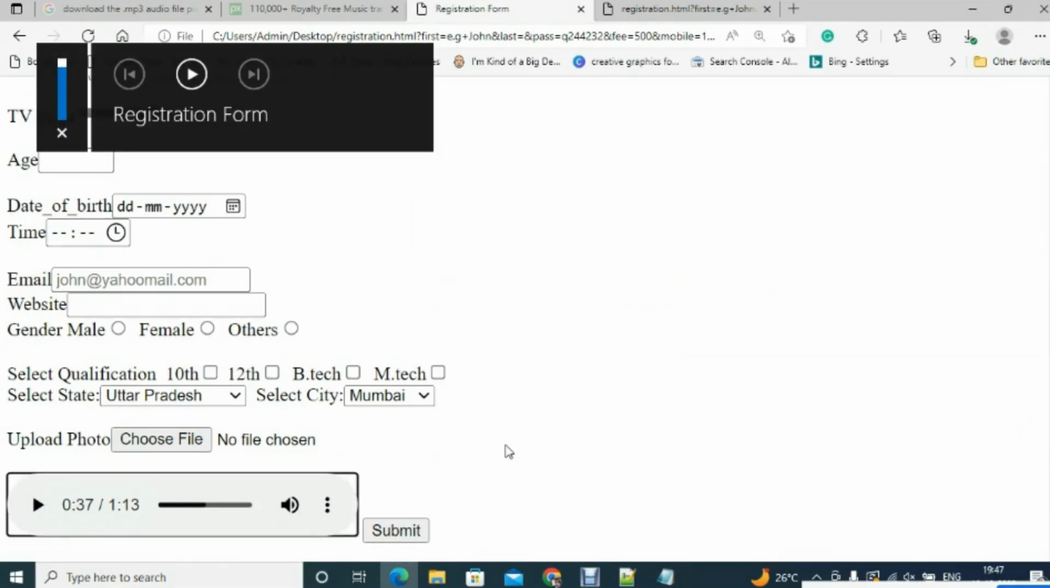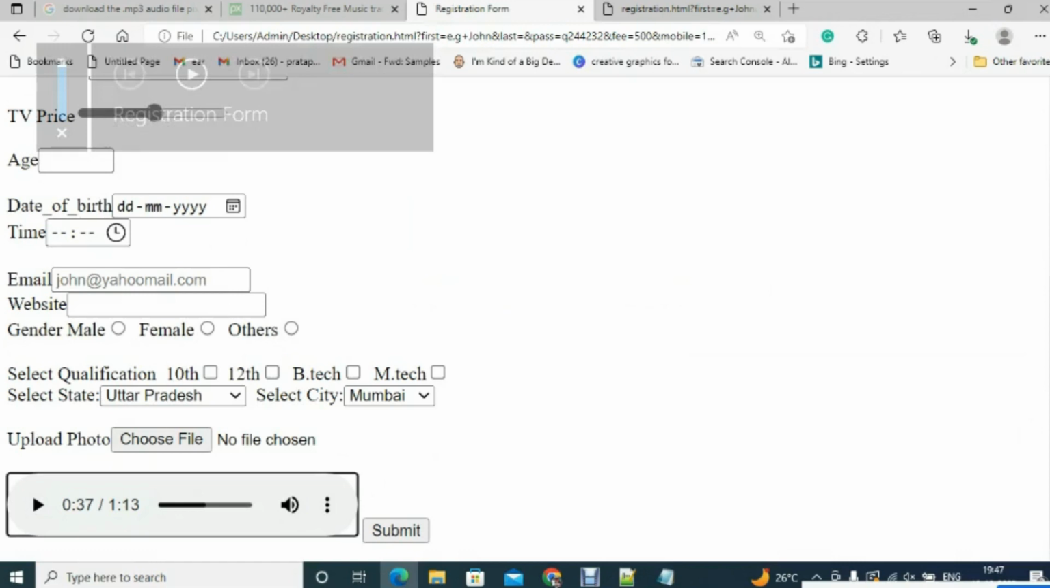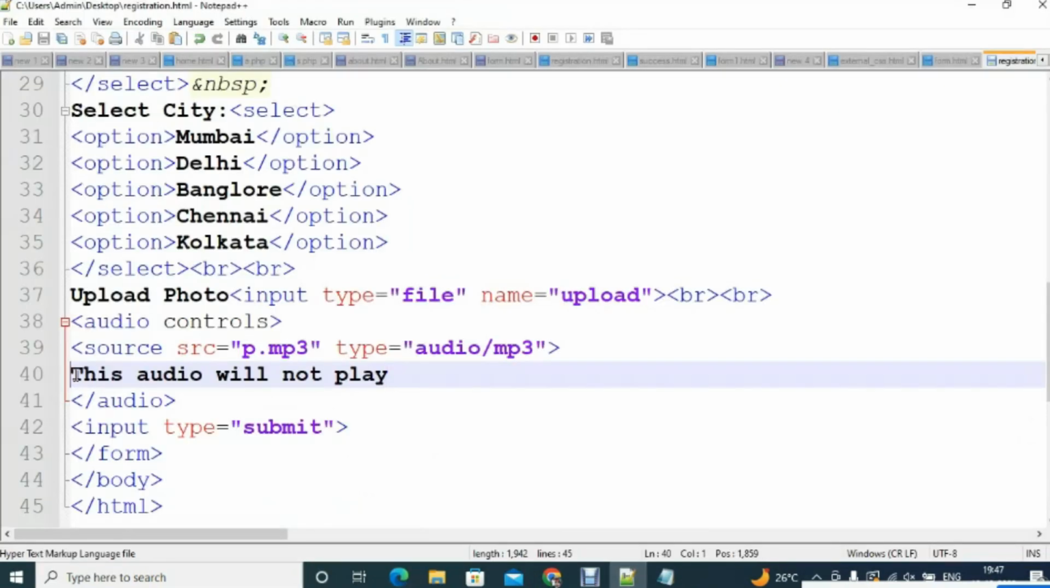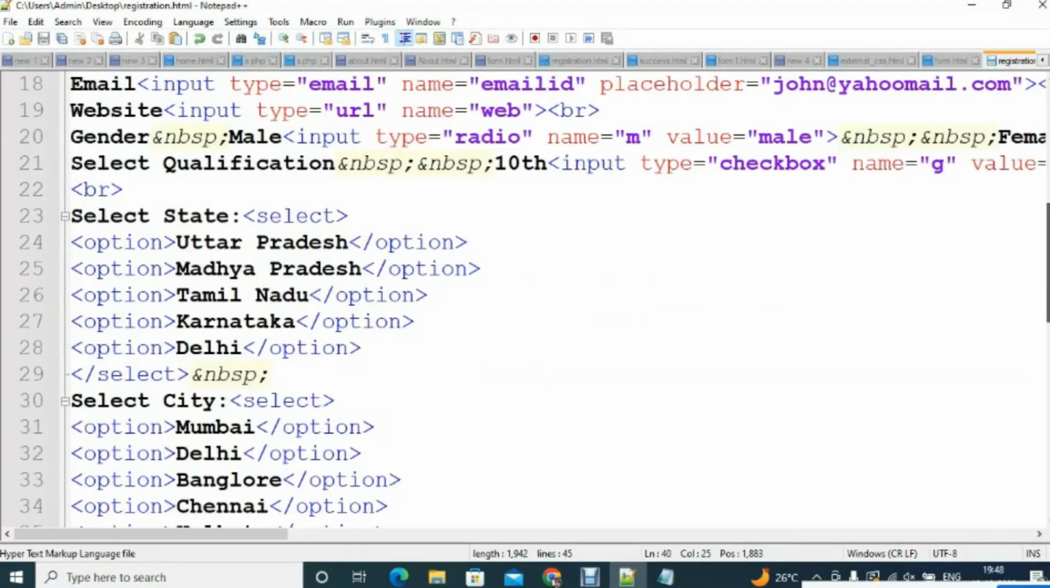So you can include all the audio files like I have done this. So you can include any audio file. Okay, so you will see the player here. And if the player is not supported in your browser, then this text will appear: "This audio will not play in your browser." Okay. So all of this you can